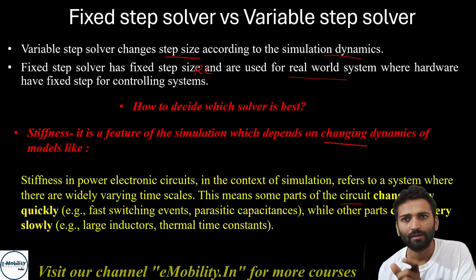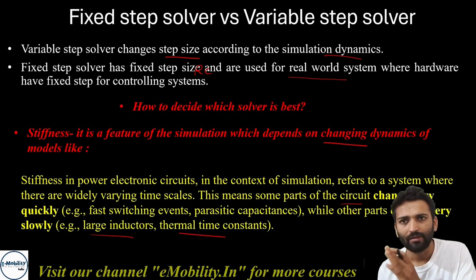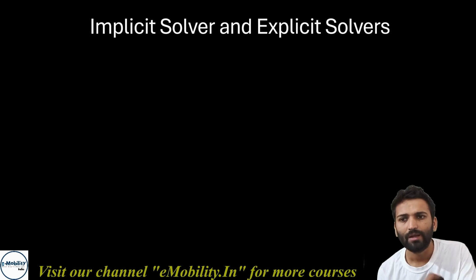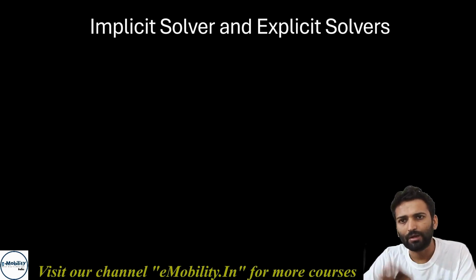So that is one part, and another part is the steady states where the inductor current or the thermal time constant is very large. So if a circuit has both features, it is changing fast and also slowly, the dynamics are changing slowly and fast, so that circuit is categorized as a stiff circuit. And to solve that kind of circuit we need a stiff solver. Stiffness is inherent in power electronics and drives, or in electrical engineering, because most of the time we have the transient and the steady state. The transient is the fast moving part and the steady state is the slow moving part.